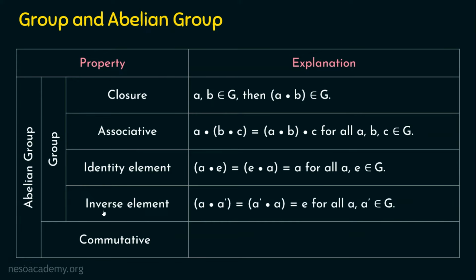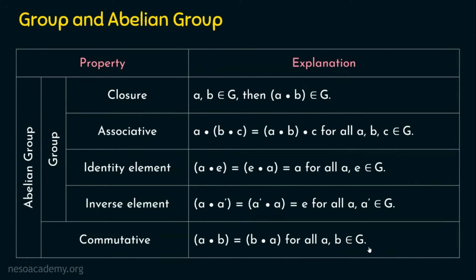And what's the next one? There exists an inverse element in the group. Say you take an element A, and this A should have its inverse in the group, so that the element A and its inverse under this dot operation will give the identity element which we have seen in the previous property. So when A dot A dash, that is the inverse, gives the identity element, for A, A dash belonging to G, then there exists an inverse element. When these 4 properties are satisfied, then it is a group. A group is said to be abelian if it is commutative: A dot B is equal to B dot A for all A, B belonging to G.